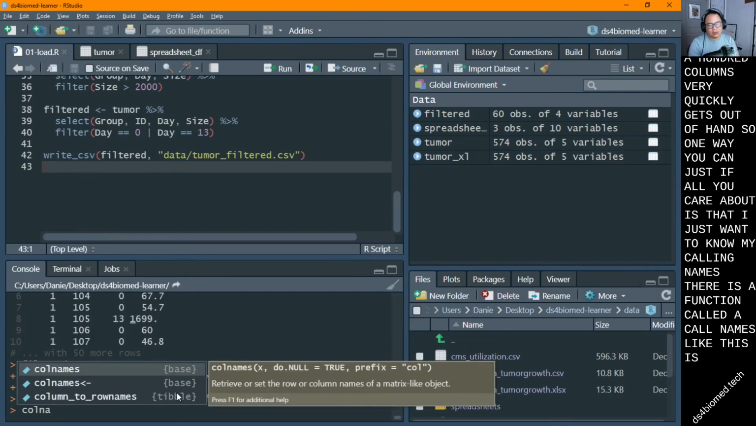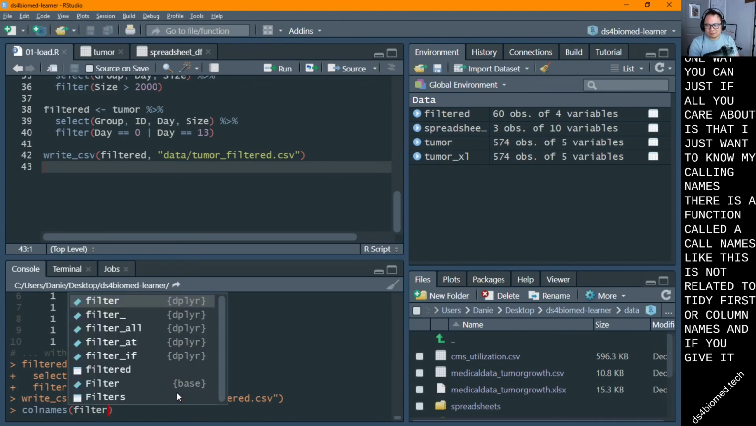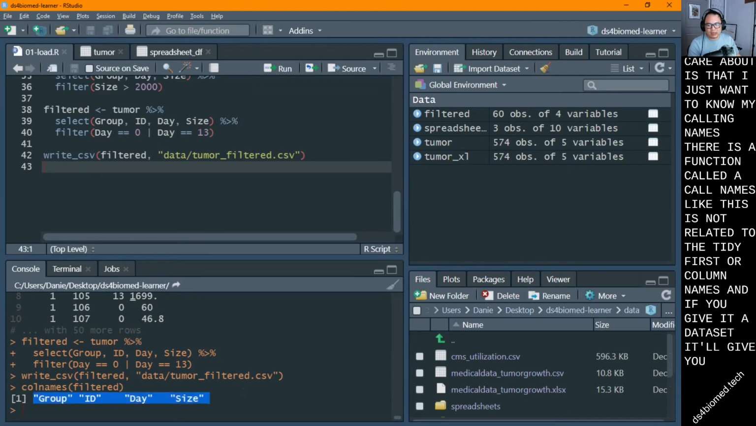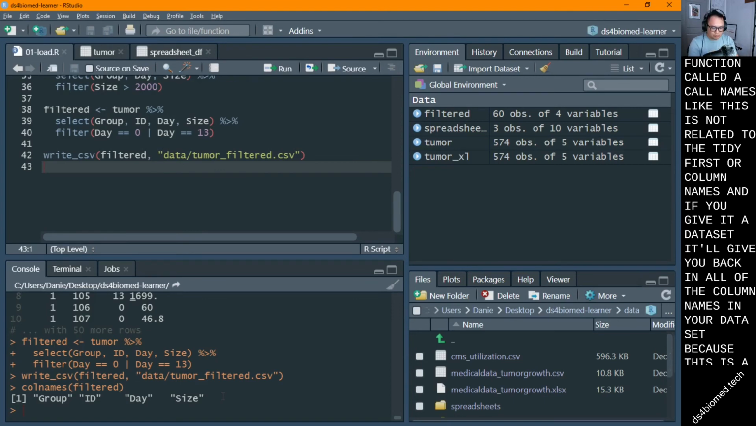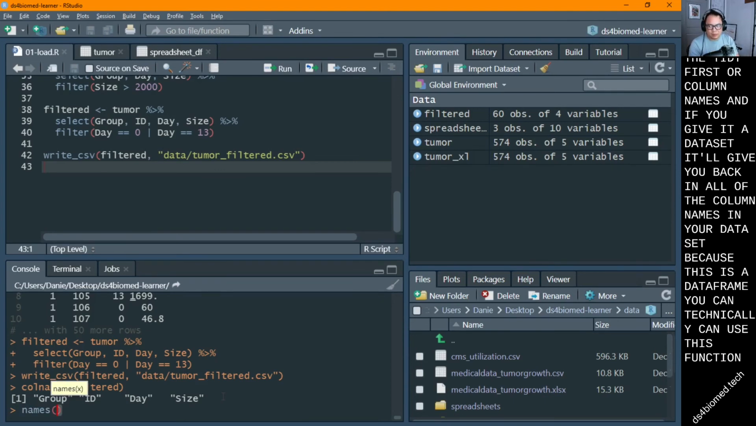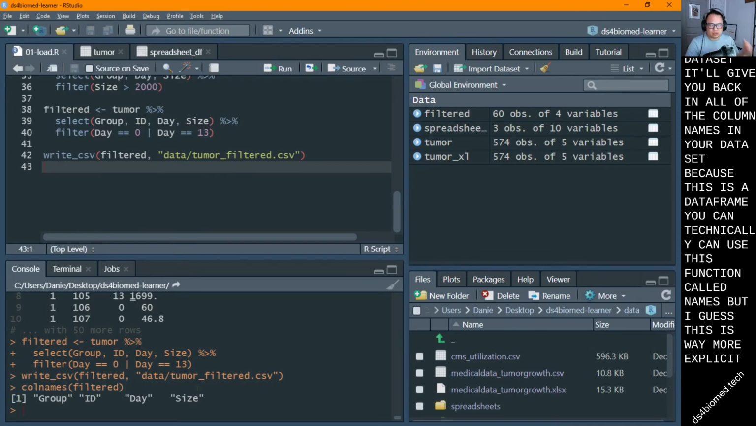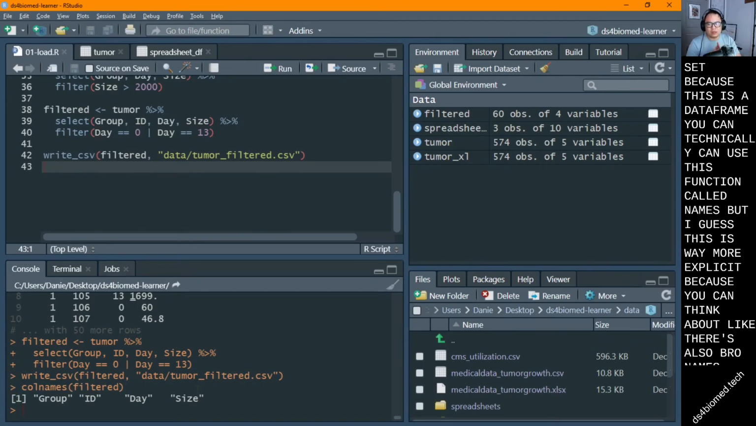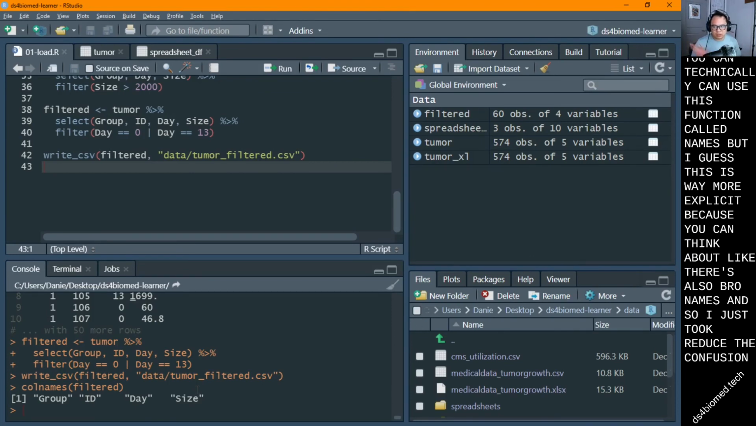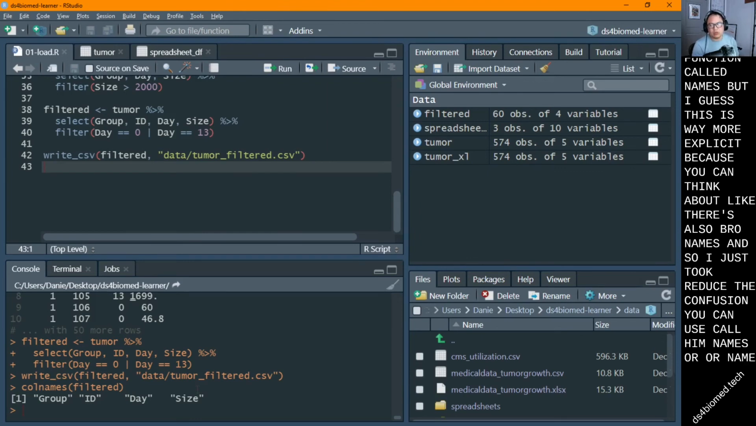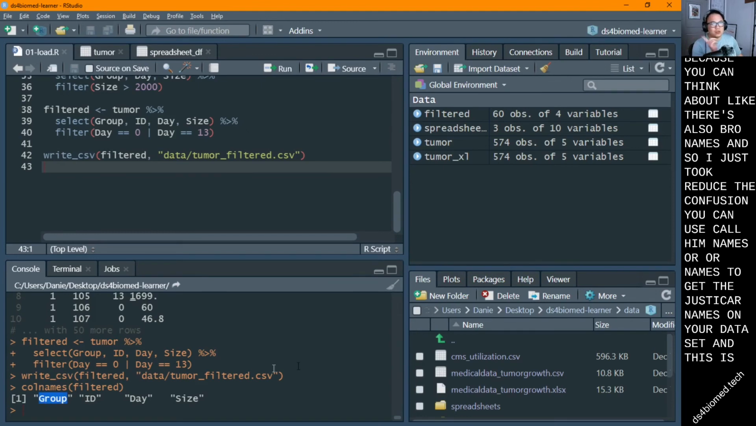This is not related to tidyverse. colnames stands for column names, and if you give it a data set, it'll give you back all of the column names in your data set. Because this is a data frame, you could technically use the function called names, but colnames is way more explicit, because there's also row names. So just to reduce the confusion, you can use colnames or names to get just the column names of your data set. And this is super useful actually